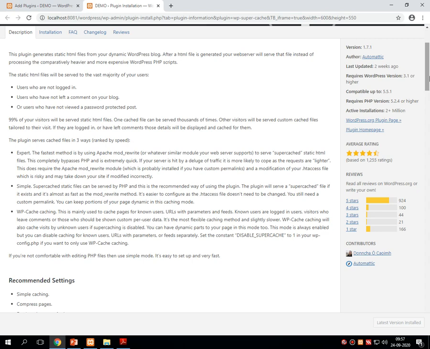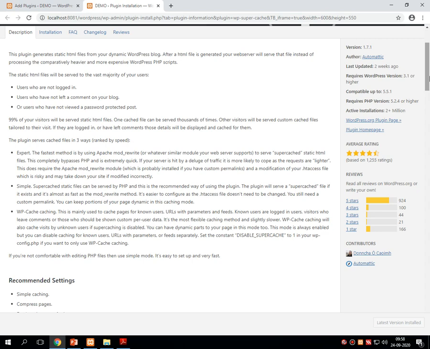What does it mean? Whatever I have spoken is technical words. Let me simplify it. This particular plugin works in the backend of WordPress. You will not see anything happening on the front side. Let me make it clear first. This particular plugin is a type of plugin which works in the backend of WordPress. It is actually used to make your website much faster than the others. What does it do for that?